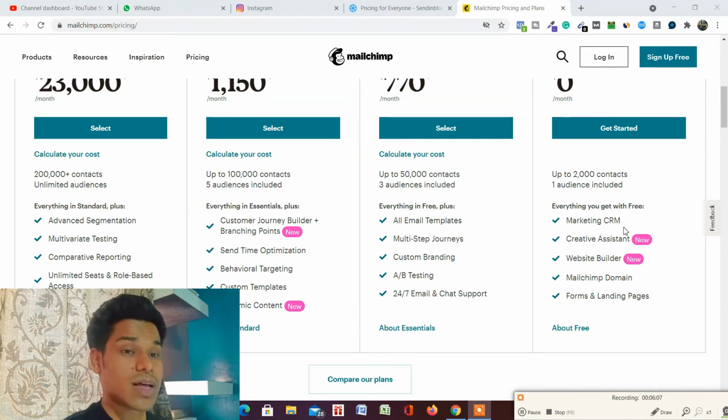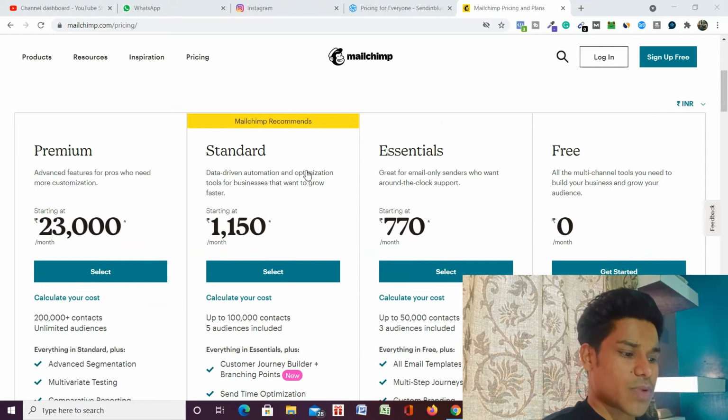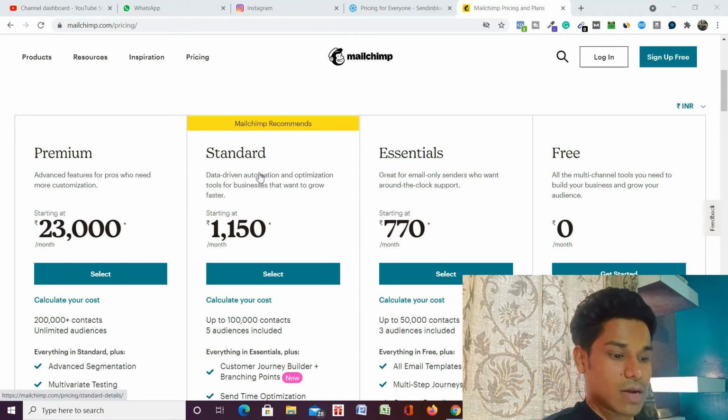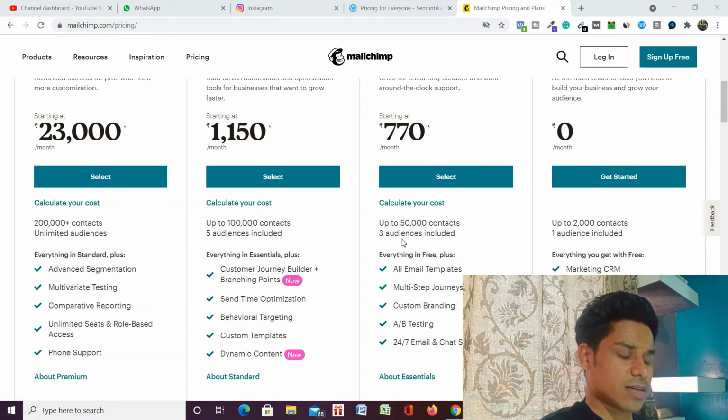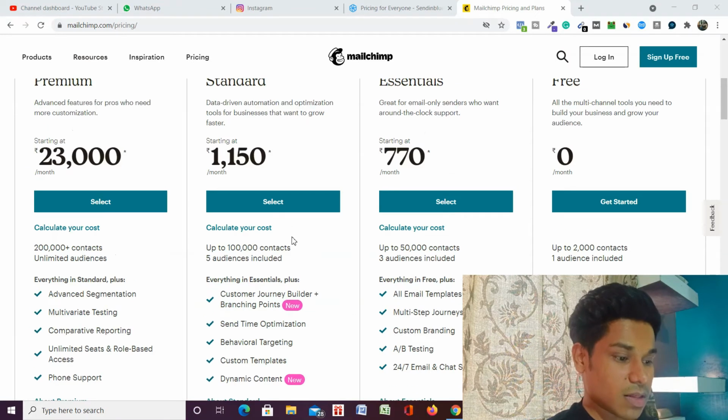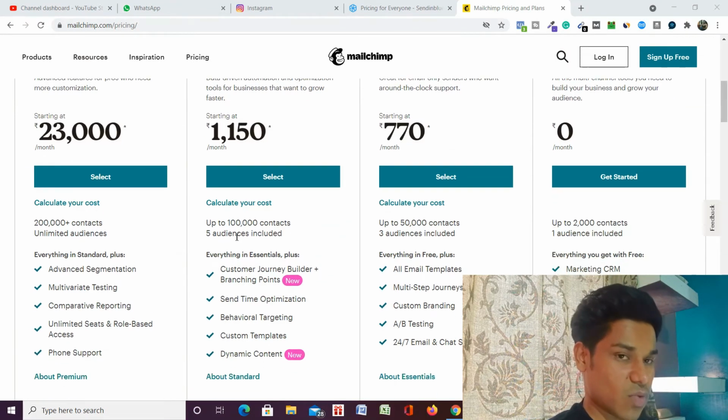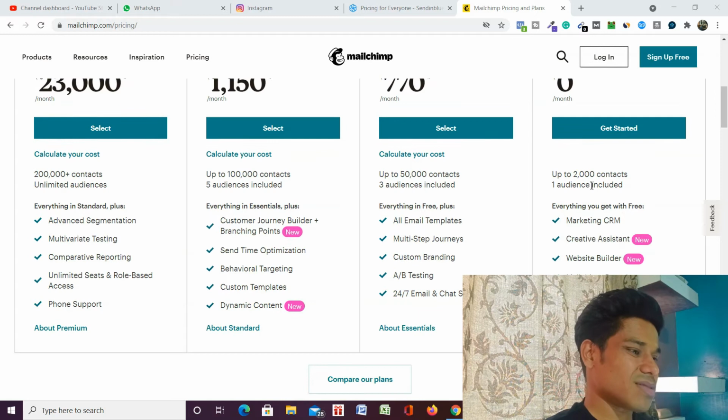But if you use Sendinblue, they don't have this restriction. You can use multiple audiences, and they have tags also, so that one is also great. If we check out the other pricing points like Essential, Standard and Premium, you will find that in the Essential one they're having 5000 contacts and 3 audiences. Here 10,000, and here is unlimited. But the main funda here is that they are limiting you with the number of audiences. Like in the Standard one they are allowing only 5 audiences. So that's why this one is the drawback.